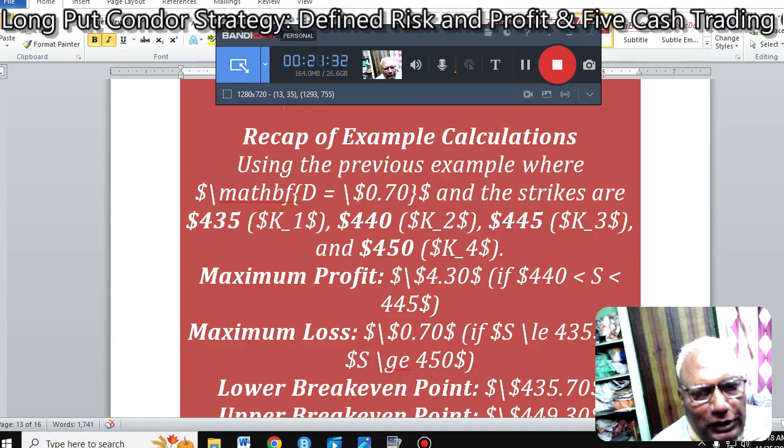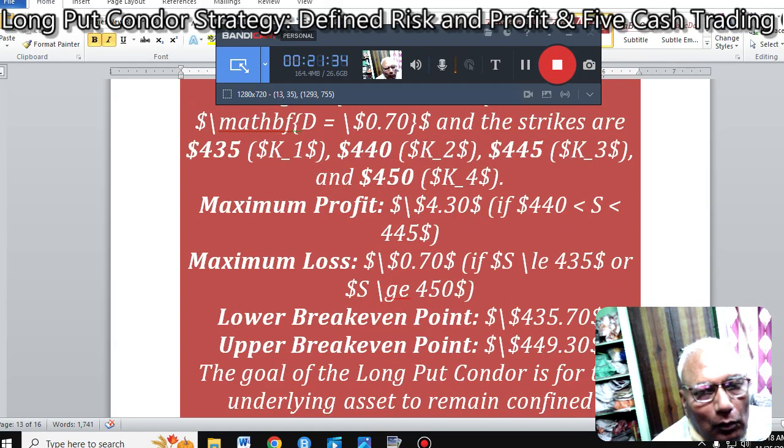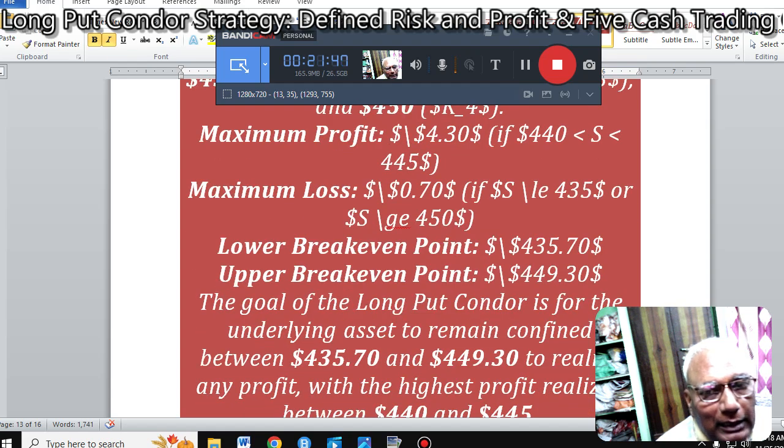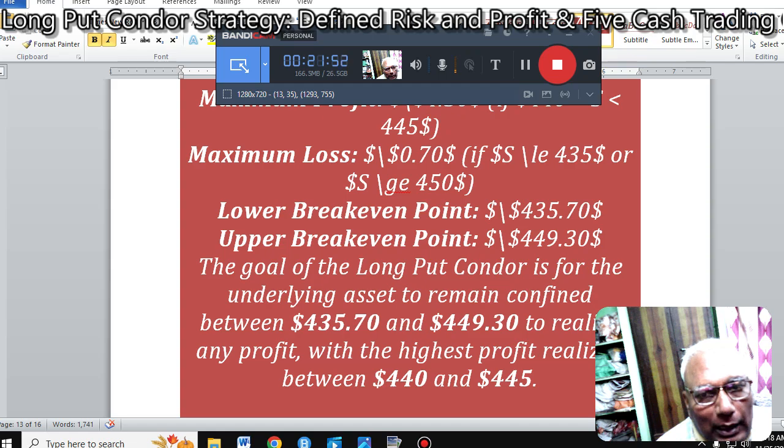Maximum profit $445. Maximum loss $450. Low break-even point $435.70. Upper break-even point